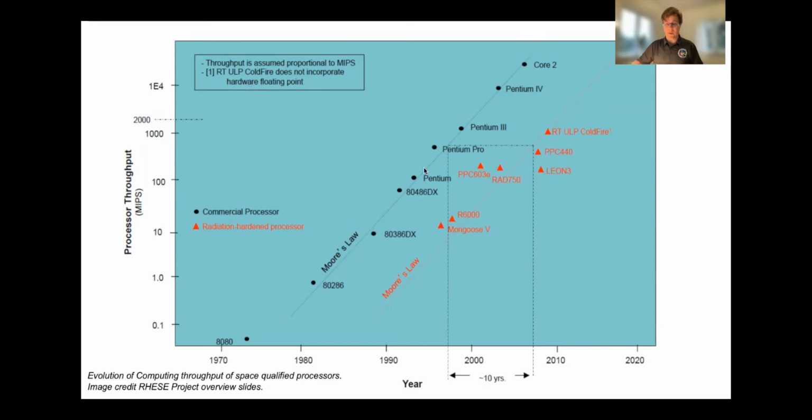And so we have evolved the computer capability over the years according to this Moore's law. The space computer is also moving along that law approximately. But the problem is that it's about 10 years behind. So the computers that you see now in spacecraft are quite old compared to the capability that we have on the ground here. Now, these curves might actually be coming closer a little bit together, but still,